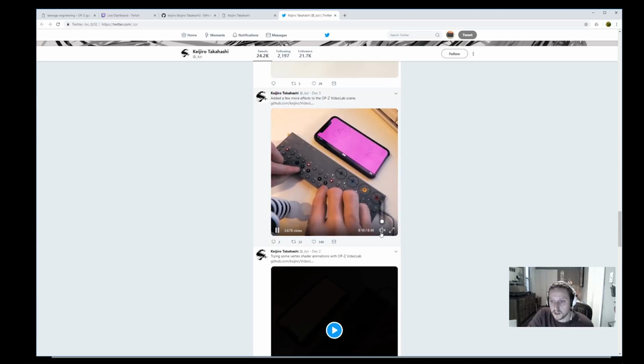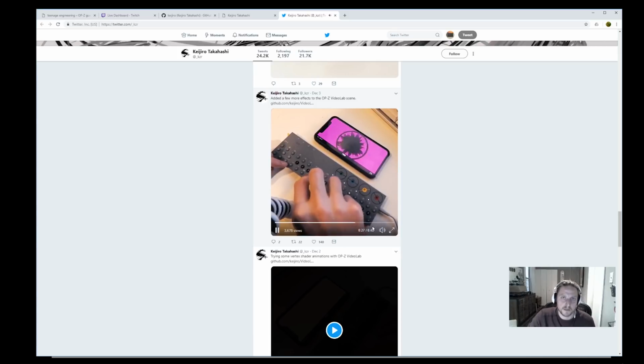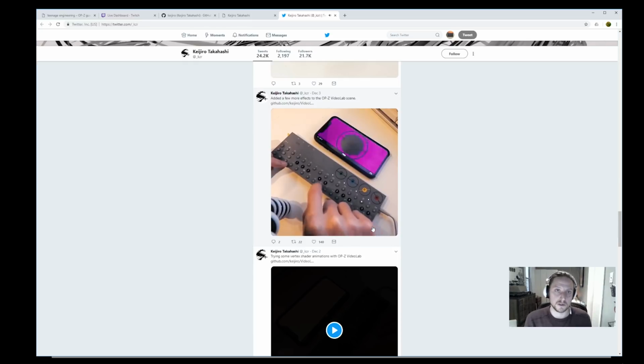Today, I think I'll run through this particular Videolab scene, which is on his Git. Because I really love the 2D shader animations. Especially for using as like a base layer in a bigger composition or a collaboration with another visual artist, which is kind of where I see the OP-Z shining,